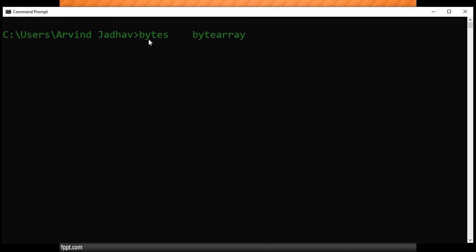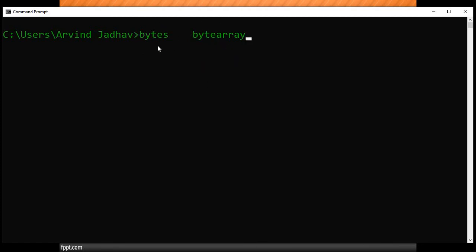For example, how we create bytes, same way by using bytearray we can create a bytearray. How we access bytes, similarly bytearray will be accessible. We can access the elements by using a for loop. Bytearray will be accessible by using a for loop. What will be the change? Range, there is no change of range. In bytes we can use the range from 0 to 256. Similarly, in bytearray we can use the range from 0 to 256. When I try to use a value beyond 256, we get the value error. Similarly, in bytearray also we get the value error.